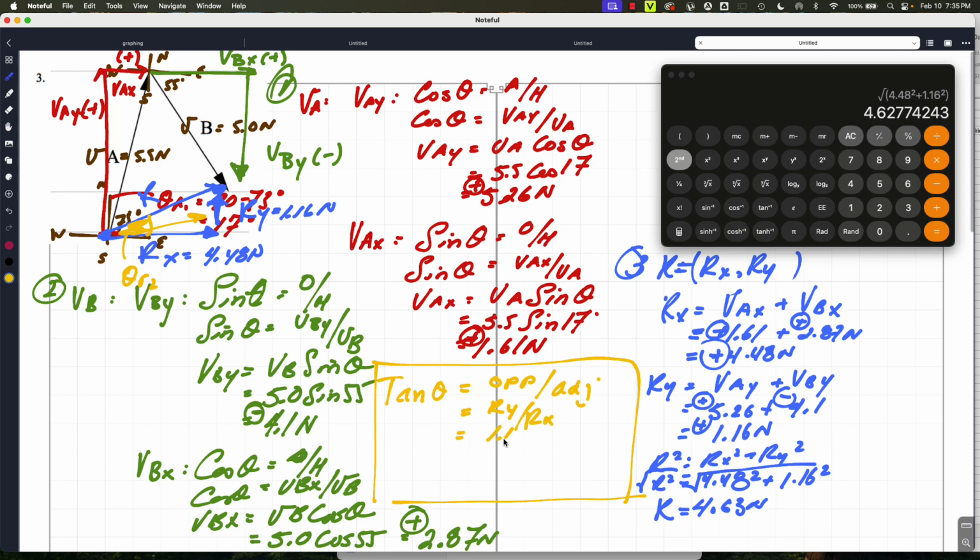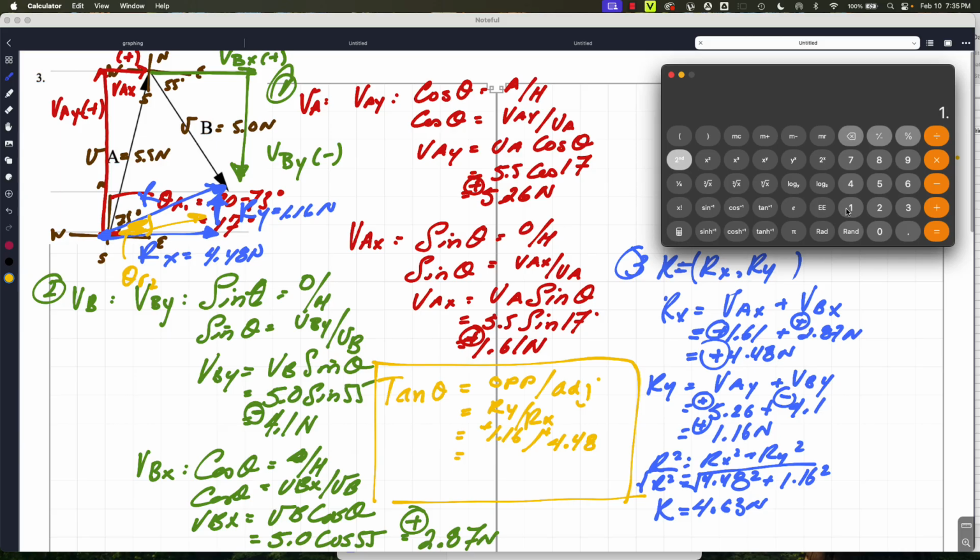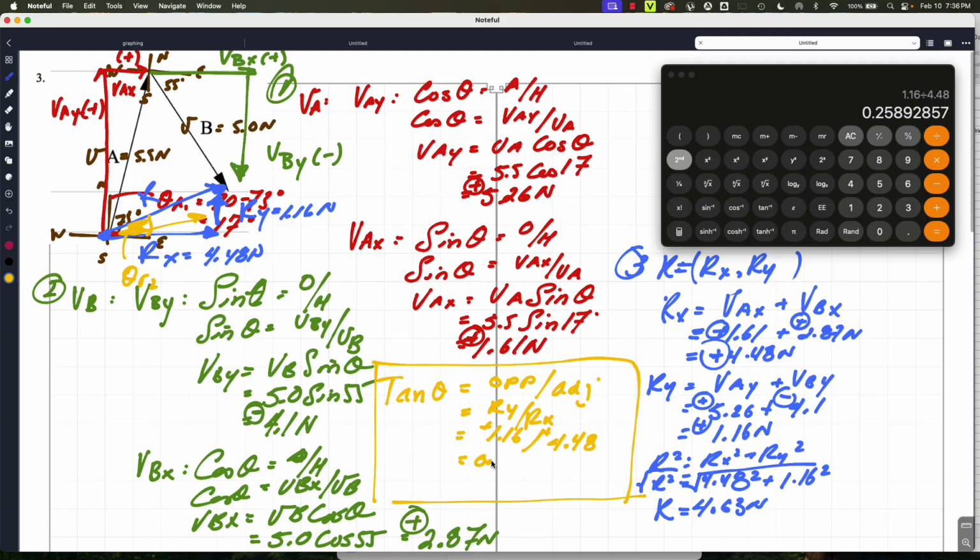This is 1.16 in the positive, divided by 4.48 in the positive as well. And this is 1.16 divided by 4.48 is equal to